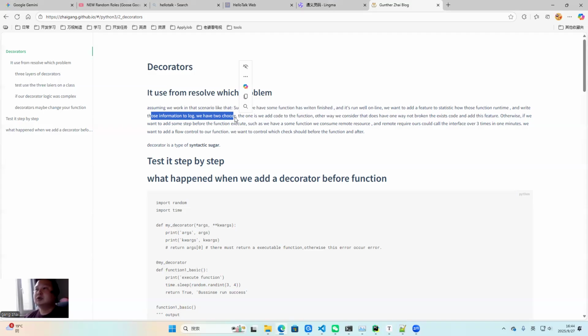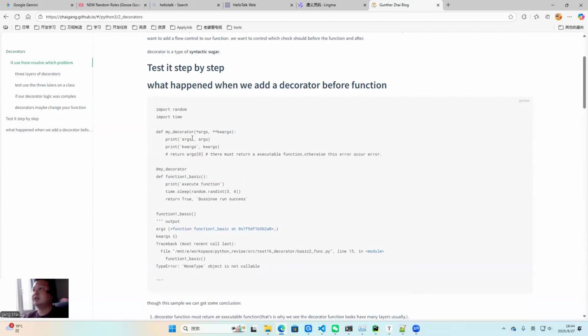So here we can use a decorator. The decorator is a type of syntactic sugar, and it helps us implement the feature. So here is an example. We should learn it step by step and discover how it works. And the first step,